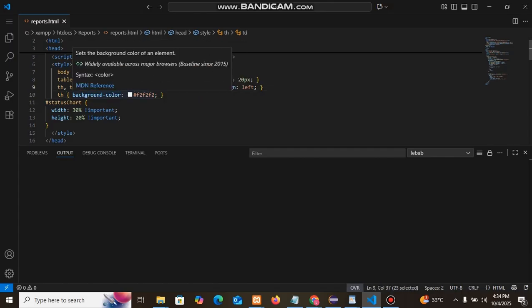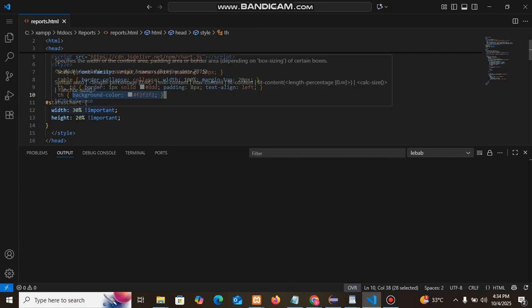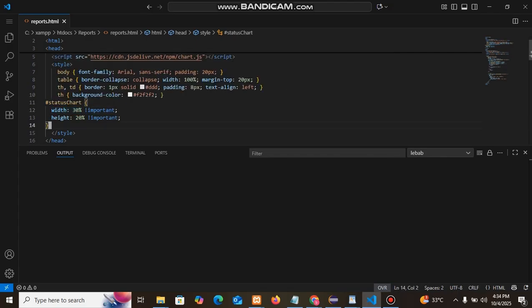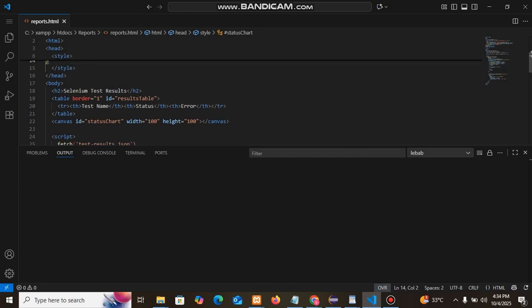So like this, the header will have a specific background color, and our status chart will have width 30%, height 20%. So this is the way I am going to give the CSS, and by default I am going to